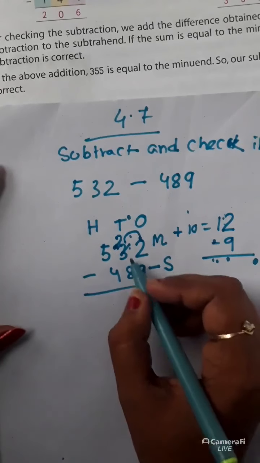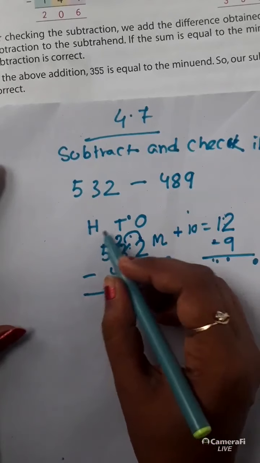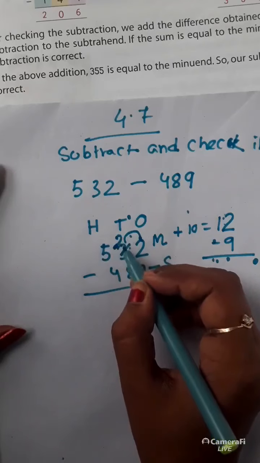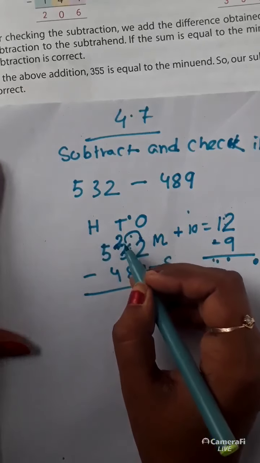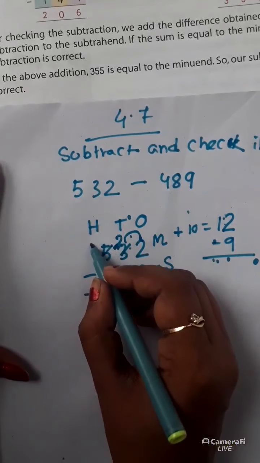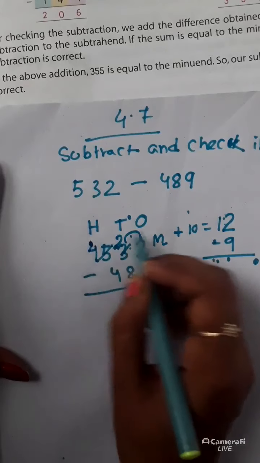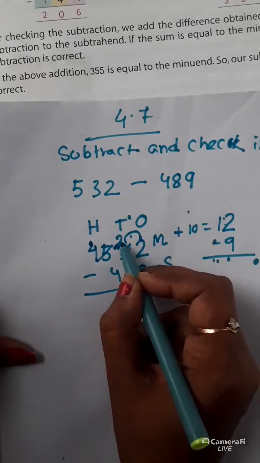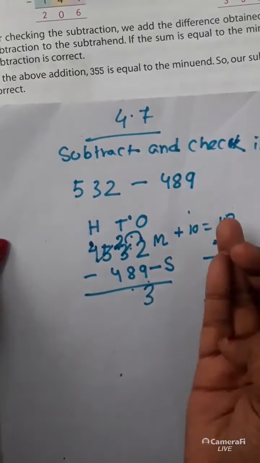Now as you can see here also the minuend is lesser than the subtrahend. So 1 hundred will be borrowed here. So 12 minus 8, 12 minus 8 is what? 12 minus 8 is 9, 10, 11, 12, 4. The tens becomes 12 after borrowing 100 from the hundreds place, so 500 will be 400.